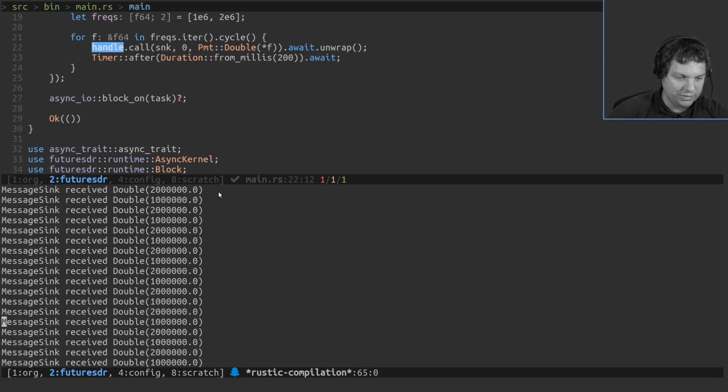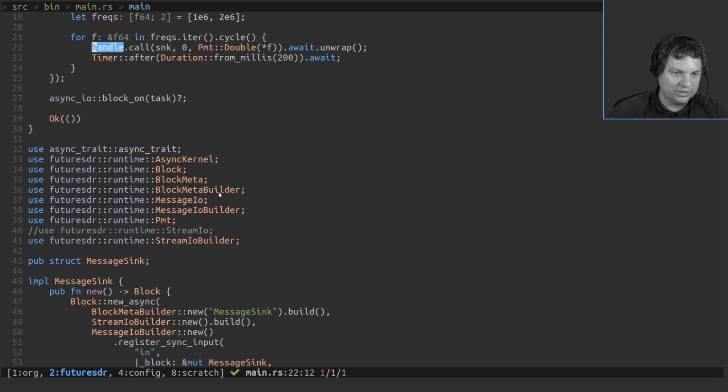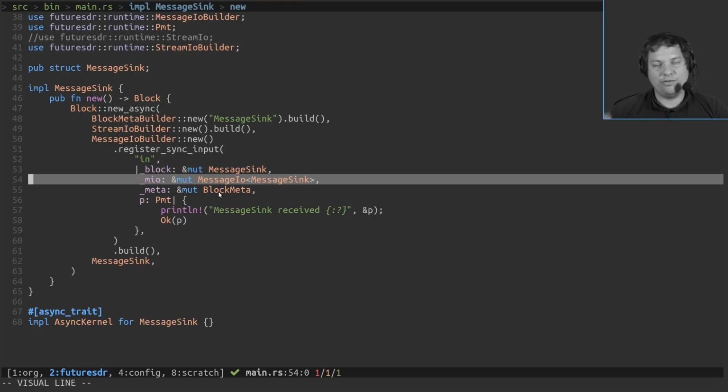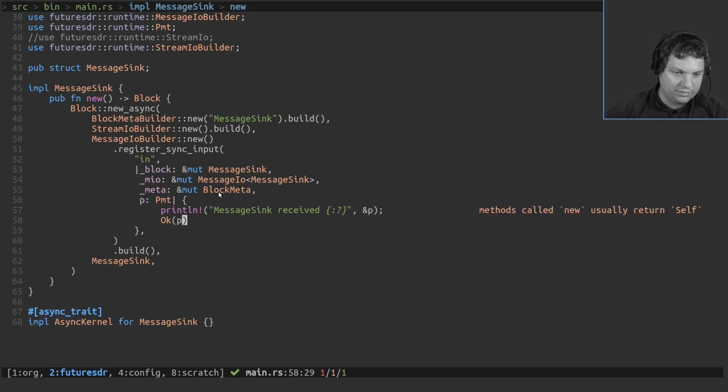We iterate between these two values and send this PMT inside the flow graph, and it calls then the handler of the associated block. So you have to think that none of this is something you'd have to do yourself. You just write your blocks with your message handlers, and the runtime does the rest for you. So you can now access these handlers through calling stuff on the handle. In this case, we just get the PMT back.